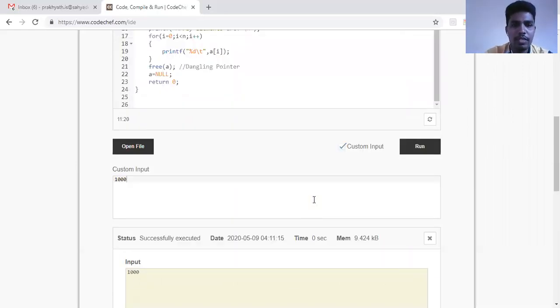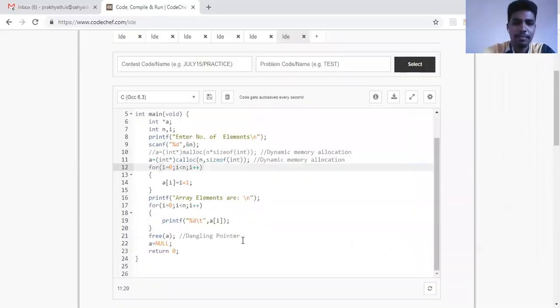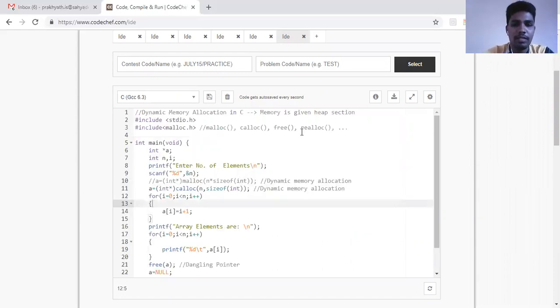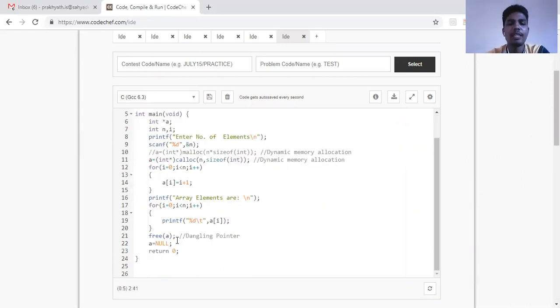So this is the concept of calloc. The only difference is in the syntax and the name of the function which I'm using: dynamic memory allocation using calloc, and it takes 2 arguments, but malloc was taking only 1 argument. Okay. Now the concept of realloc. Free, however, we have learned what you mean by free. It's our duty as a coder to free the dynamic memories which we have requested.